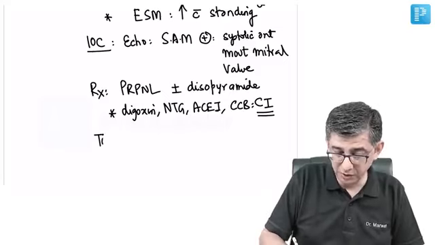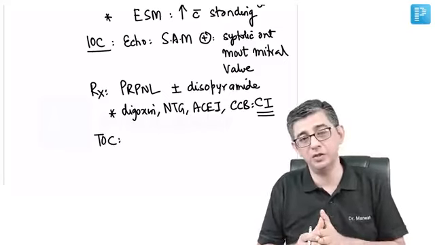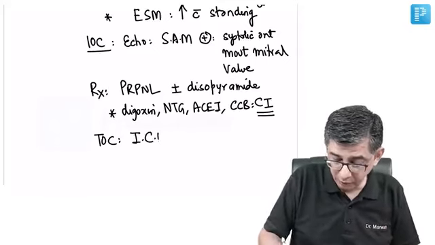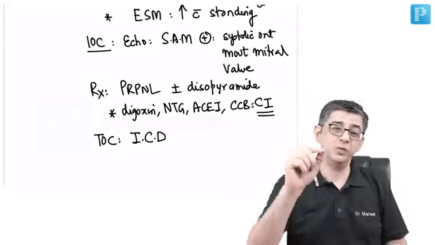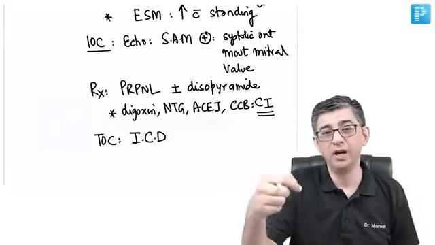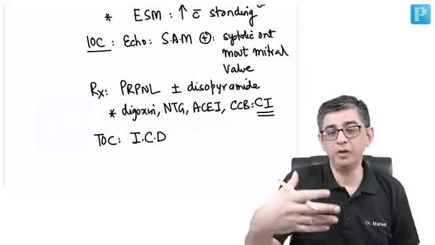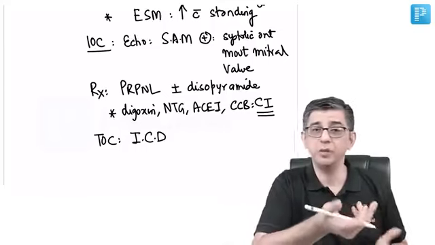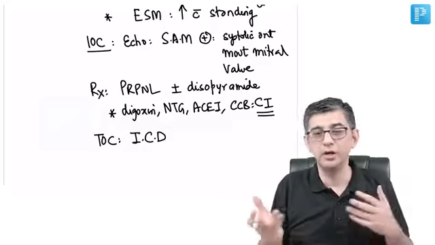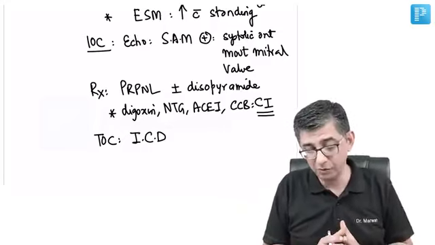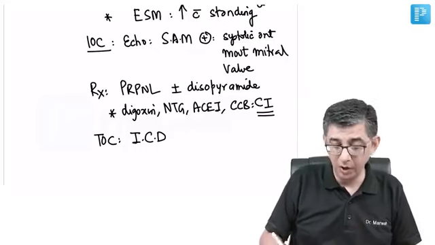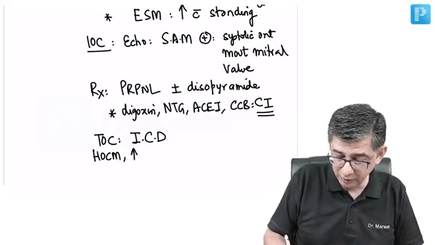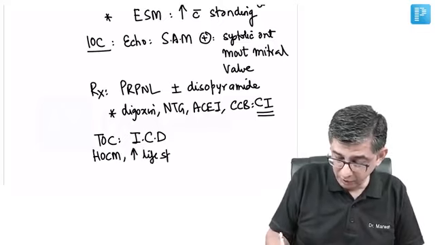The treatment choice that will reduce the mortality in these patients could either be surgery, or we can go in for an implantable cardioverter defibrillator. This device will read the heart 24/7, and if it finds an abnormal rhythm, it has sufficient power to deliver a DC shock without the patient ever coming to know that a DC shock was delivered, and the patient would just be fine. So the treatment of choice for hypertrophic obstructive cardiomyopathy to increase the lifespan of the patient would be an implantable